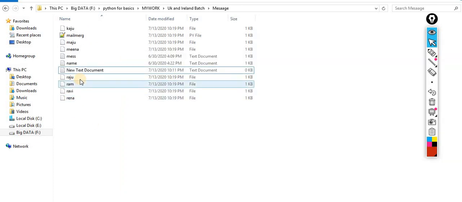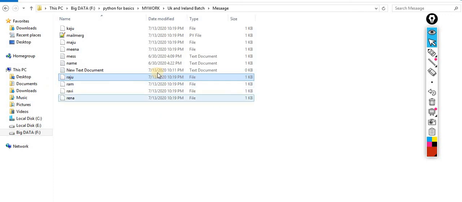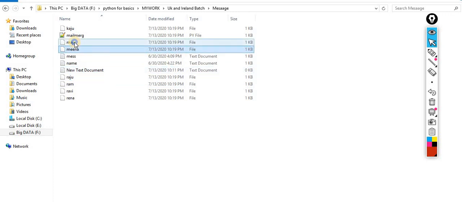The files have been created: Raju, Ram, Ravi, Reena. Now if you open one, use open with. My system is very slow here.